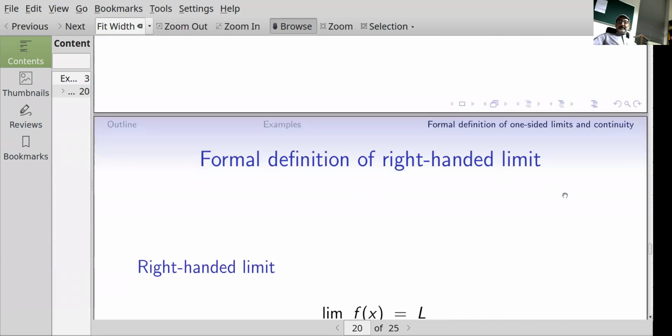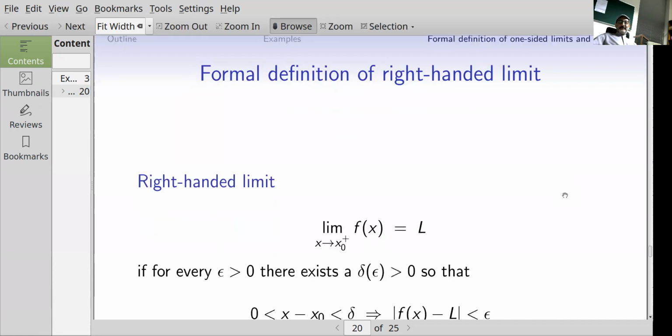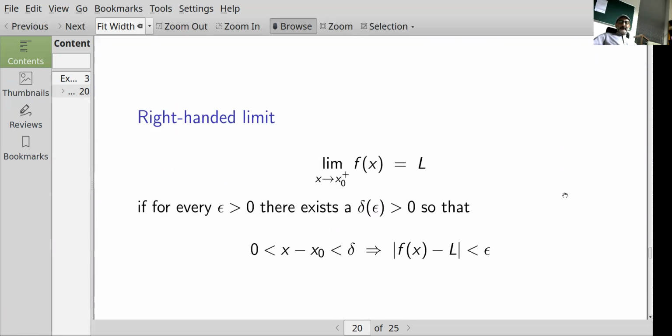Okay, so for completeness, let me give you the formal definition of the right-handed limit also, the left-handed limit, and of continuity. So the right-handed limit as x goes to x naught from the right of f of x equals L means that for every epsilon greater than 0, there exists a delta dependent upon epsilon greater than 0, such that 0 less than x minus x naught less than delta implies that absolute value of f of x minus L is less than epsilon. So basically, we've just dropped the absolute value sign because x is supposed to be bigger than x naught